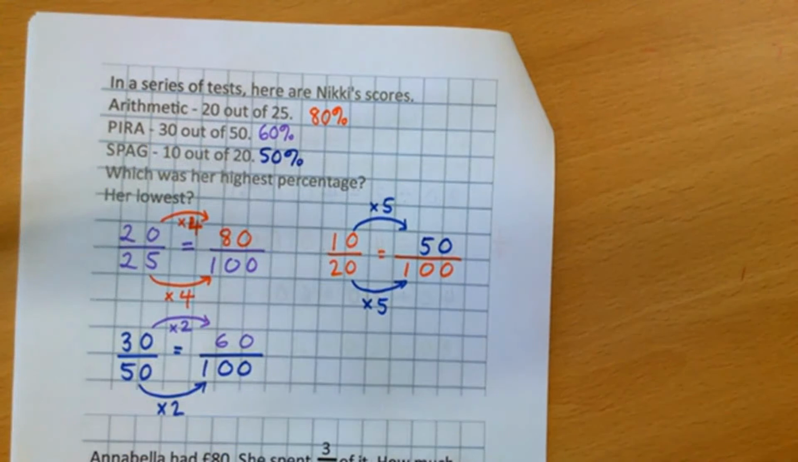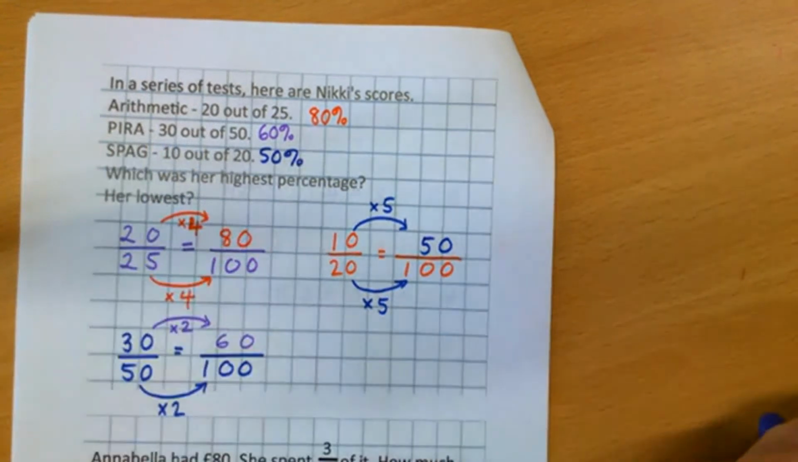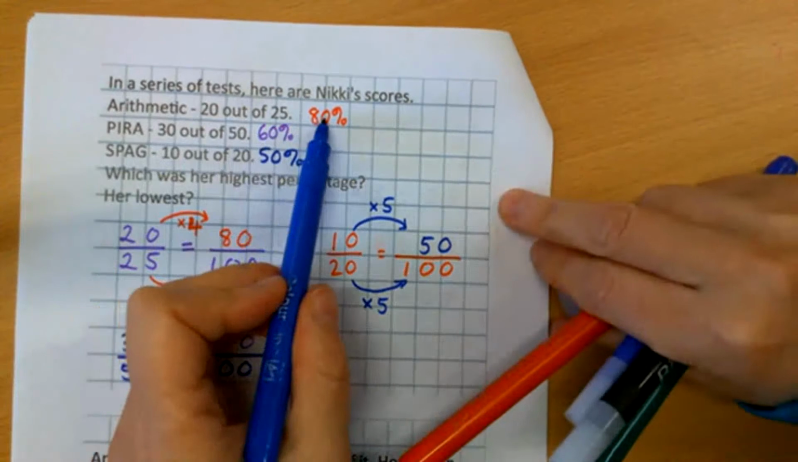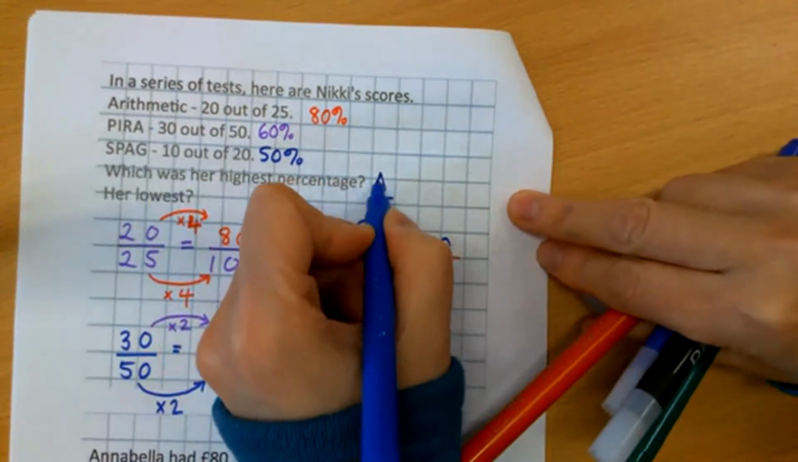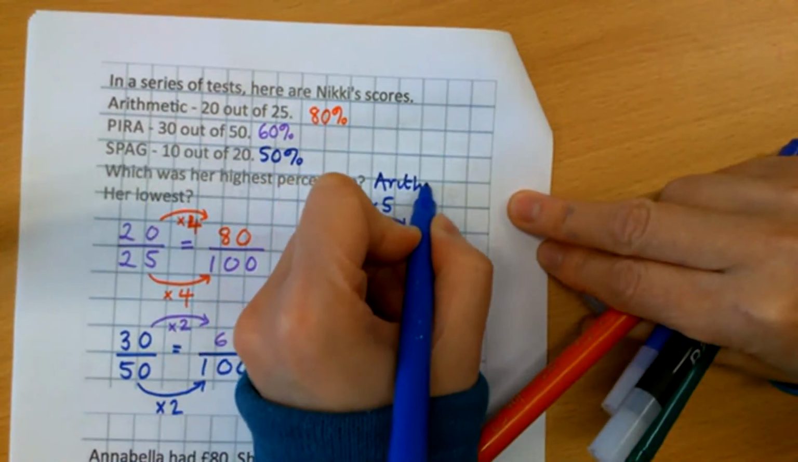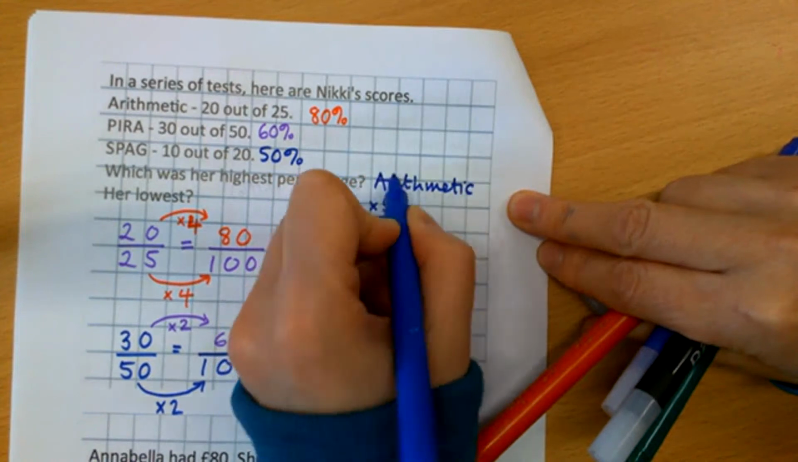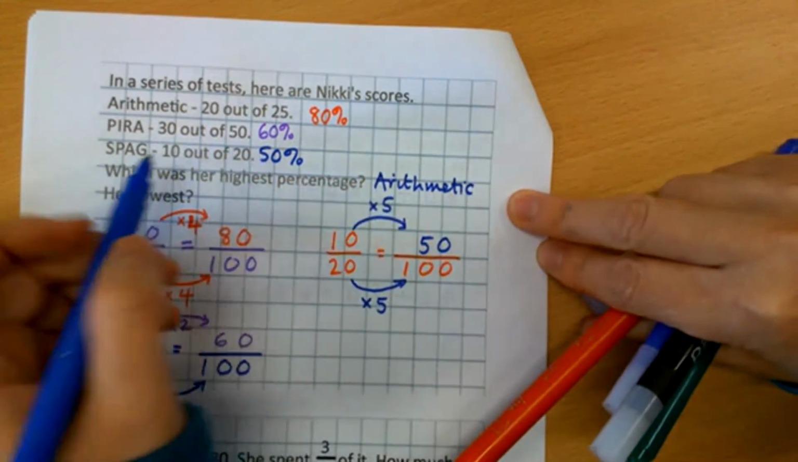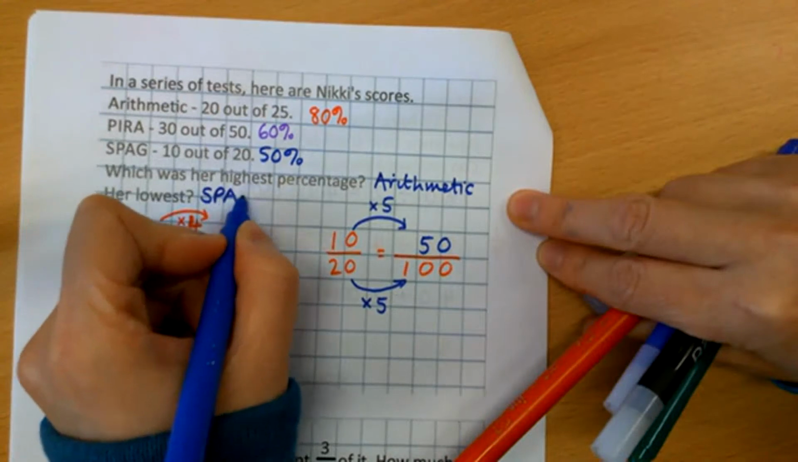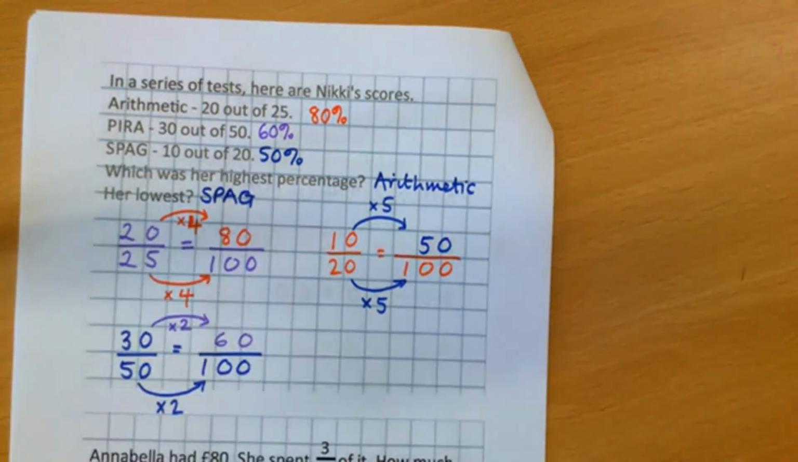Great, now I can answer the question. Which was her highest percentage? So I'm looking at the answers, and I can see that her arithmetic was her highest. And which was her lowest? It was her spag at 50%. Okay,